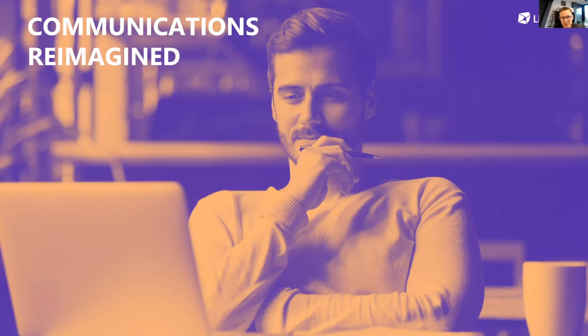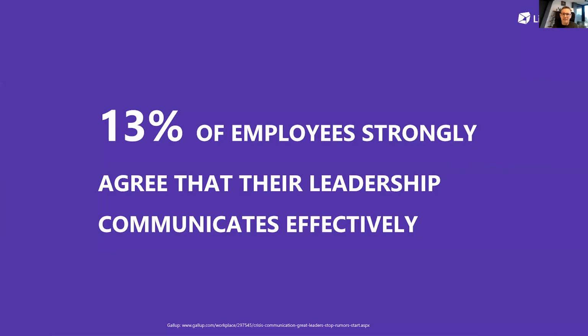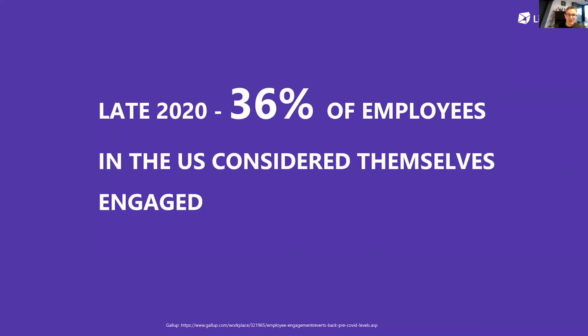And I believe that this reimagination and rethinking about how we communicate is actually going across the board. And that's because we've been really, really bad at it. And it was very badly exposed last year. So 13% of employees, this is from a Gallup poll last year, strongly agree that their leadership communicates effectively with them. 13% of people. In late 2020, Gallup also did a survey within the US where 36% of employees considered themselves actually engaged at work, which means almost 2/3 of workers in the United States do not feel engaged in